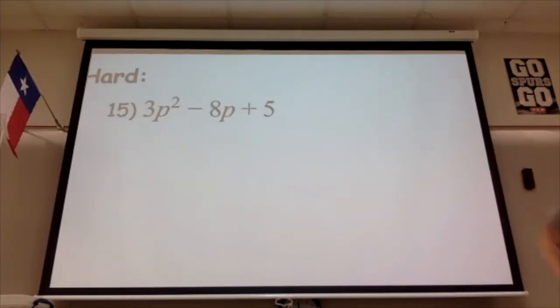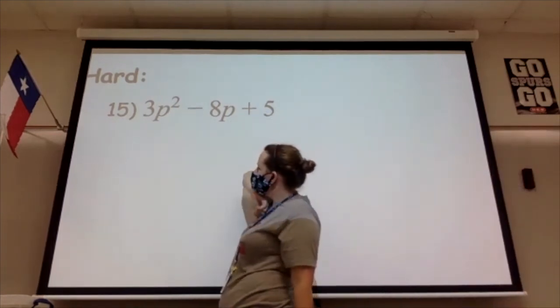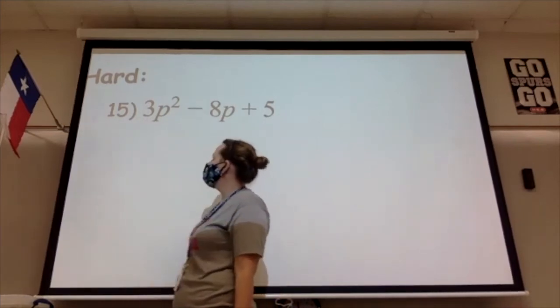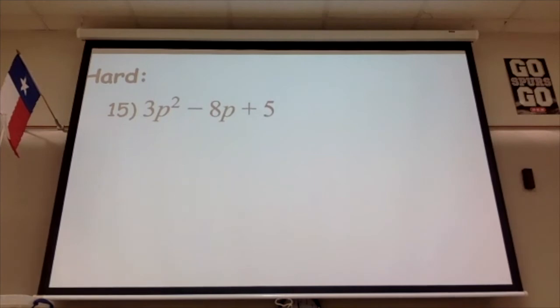Okay, so here, look, can I take a 3 out of these two terms? No, so this is what I was looking for. I have a leading coefficient that we cannot factor out. So we're not just going to be able to do a p and a p, because where will I get that 3p squared from? I would just get p squared. So here,